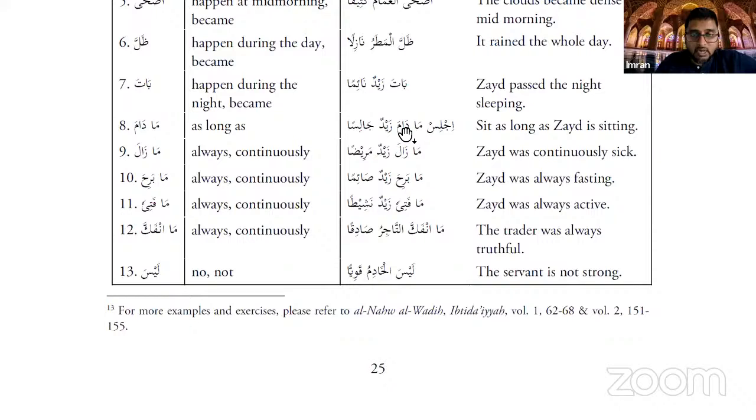Now, this Madama and Mazala, they come in all of the 14 forms of the past tense. So, Dama is on the pattern of Qala Yaqulu. I'm going to ask someone to conjugate that for me. Sister